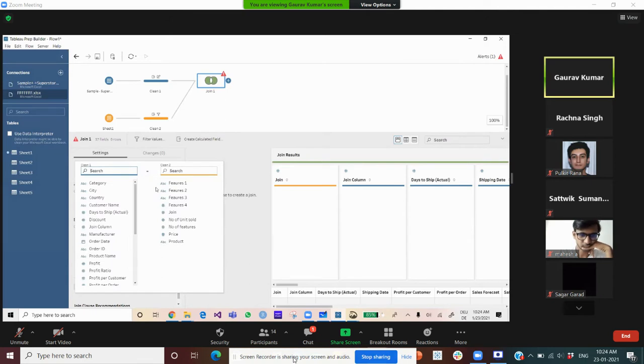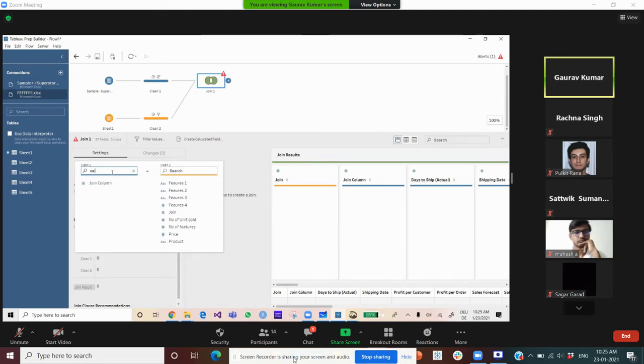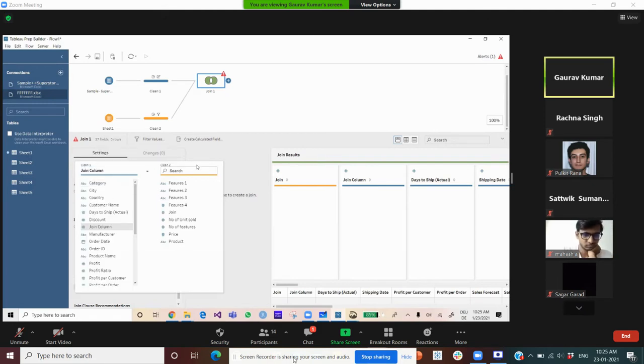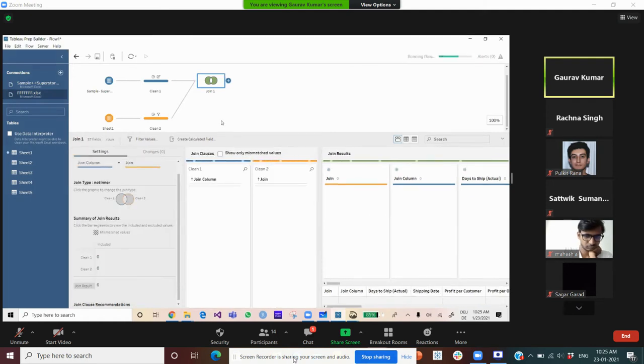here, for example, I created one column as I showed you before. Where is that? Join column, and here again join. Once I do that, that warning sign will go off, and then it starts joining.